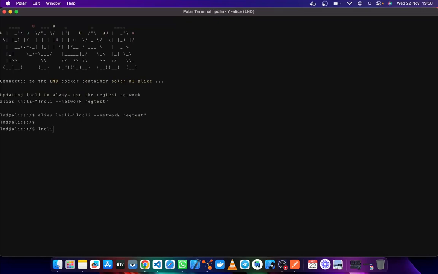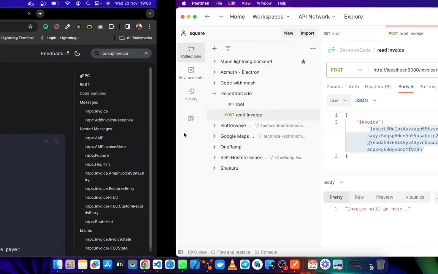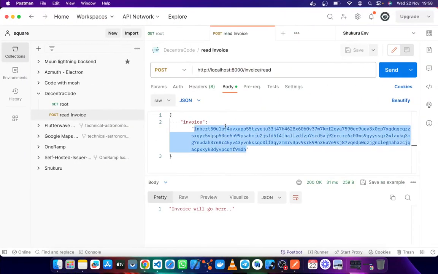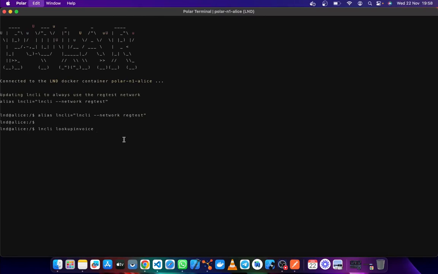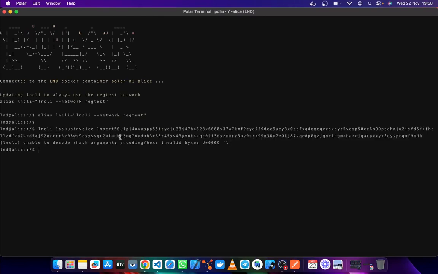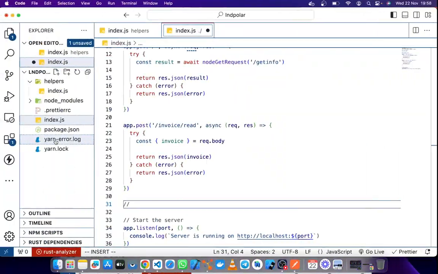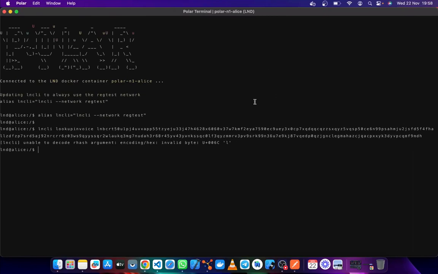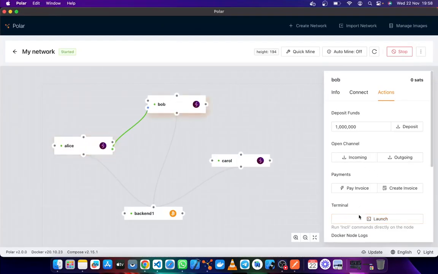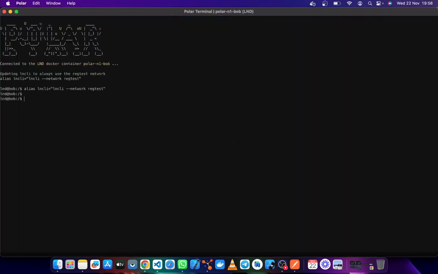So lncli lookup invoice. Let's decode this and see if it works. So I think now this one uses the R hash. Yeah, this one was created with Polar. So we need to create the invoice using Bob's terminal this time. So let me open up Bob's terminal. And when I open Bob's terminal,